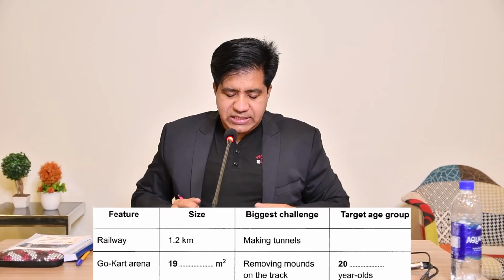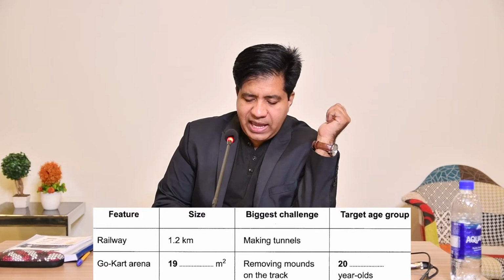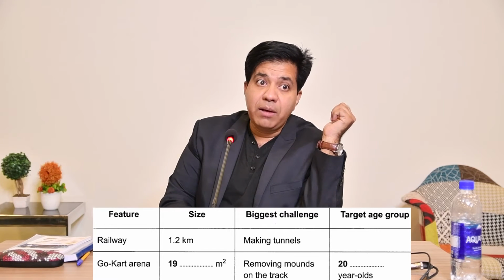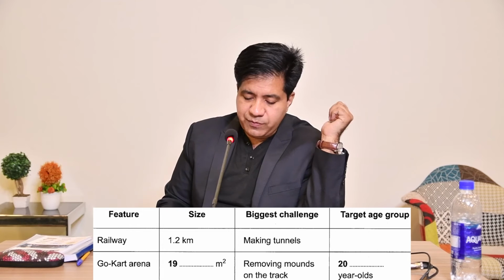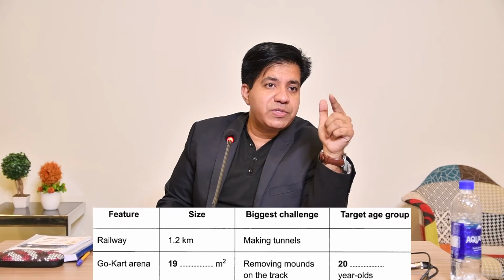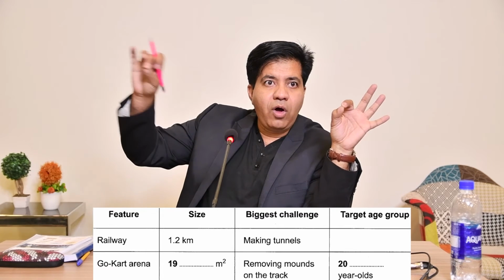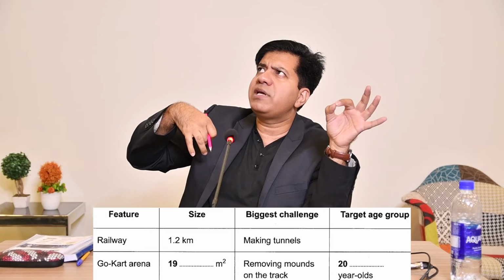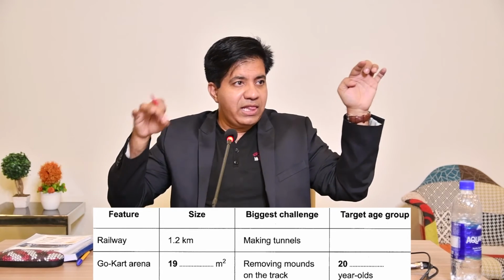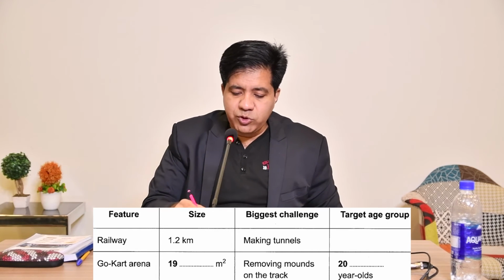Let's go on. 19 and 20. Complete the table below. Write one word and/or a number. They mentioned numbers, so it can be a plural number as well. Let me tell you what they mean by numbers. Numbers can be 10th to 15th July. Now 10th dash 15, how many numbers are there? Two. So they have used the word numbers.